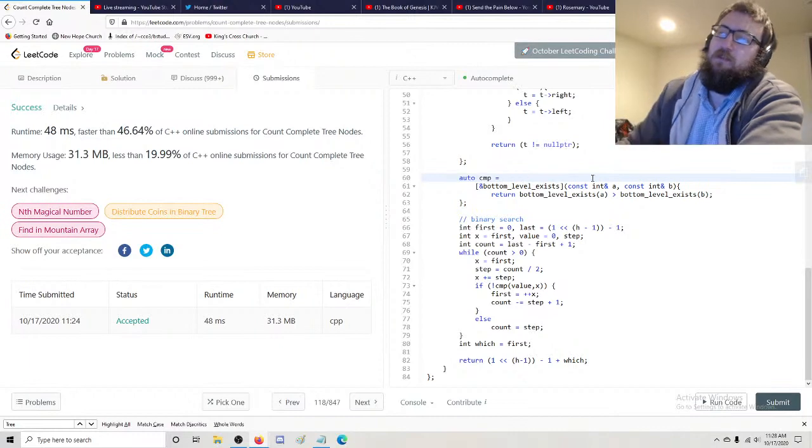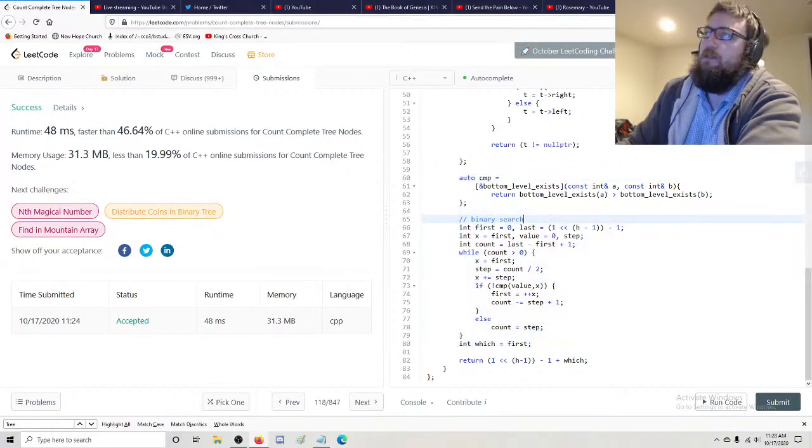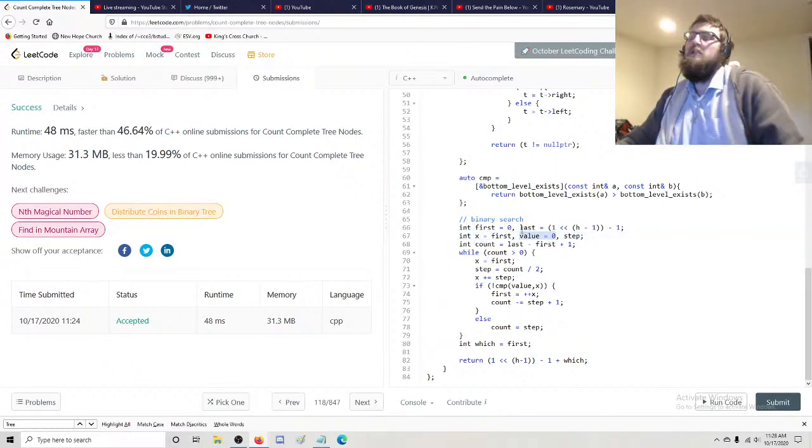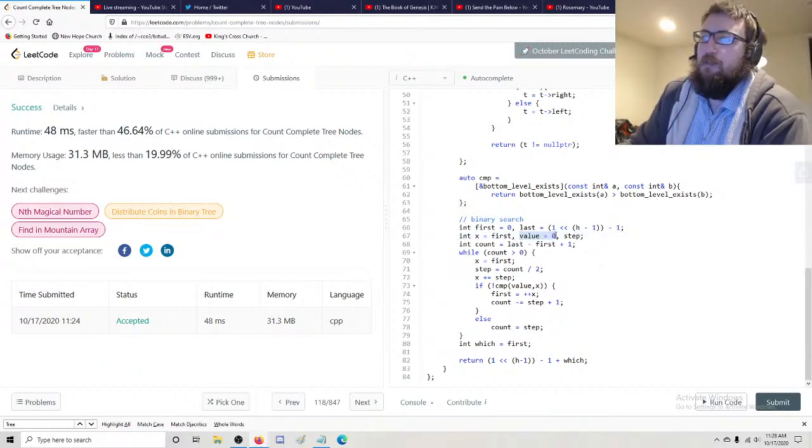Obviously, it seems like it's a little bit easier to just modify this lower bound, upper bound routine, which basically says, okay, you have a first element, a last element, first iterator, last iterator. X is initially the first iterator, or set that to the initial iterator. The value is another. It's an actual value, what the iterator sort of resolves to, if you were to dereference it. And then there's a step, which is also an integer. And then you have the count, which is an integer,